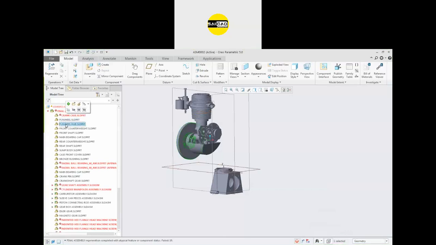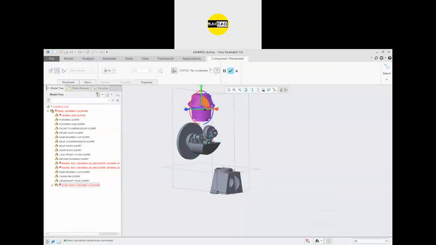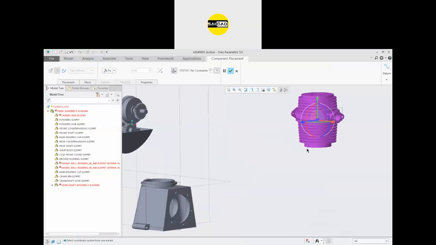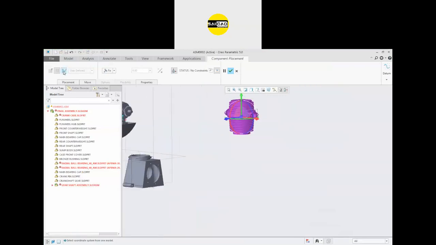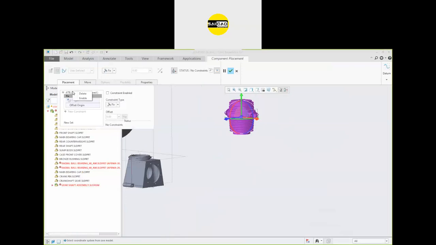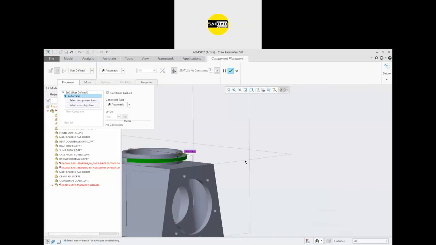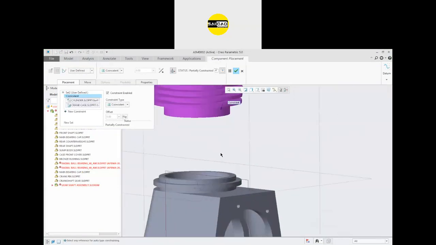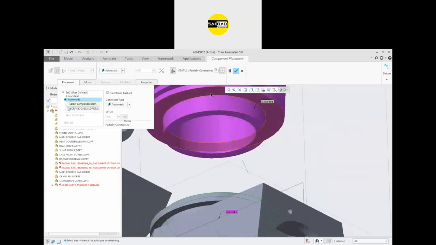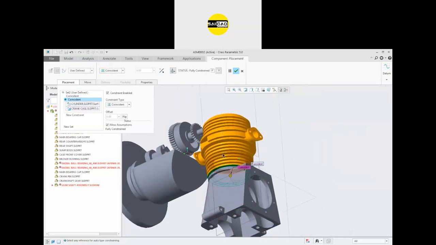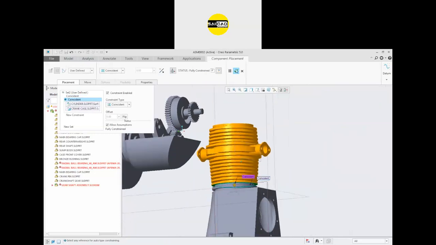After that we have the flywheel, we have this one. I'm just going to import this one, edit it, and define the relation with respect to this one. This is the simple component. So delete the fix, define the user defined, and here is the circular with respect to this, and here is the face with respect to this one, and here is the component assembled fully defined. Click OK.